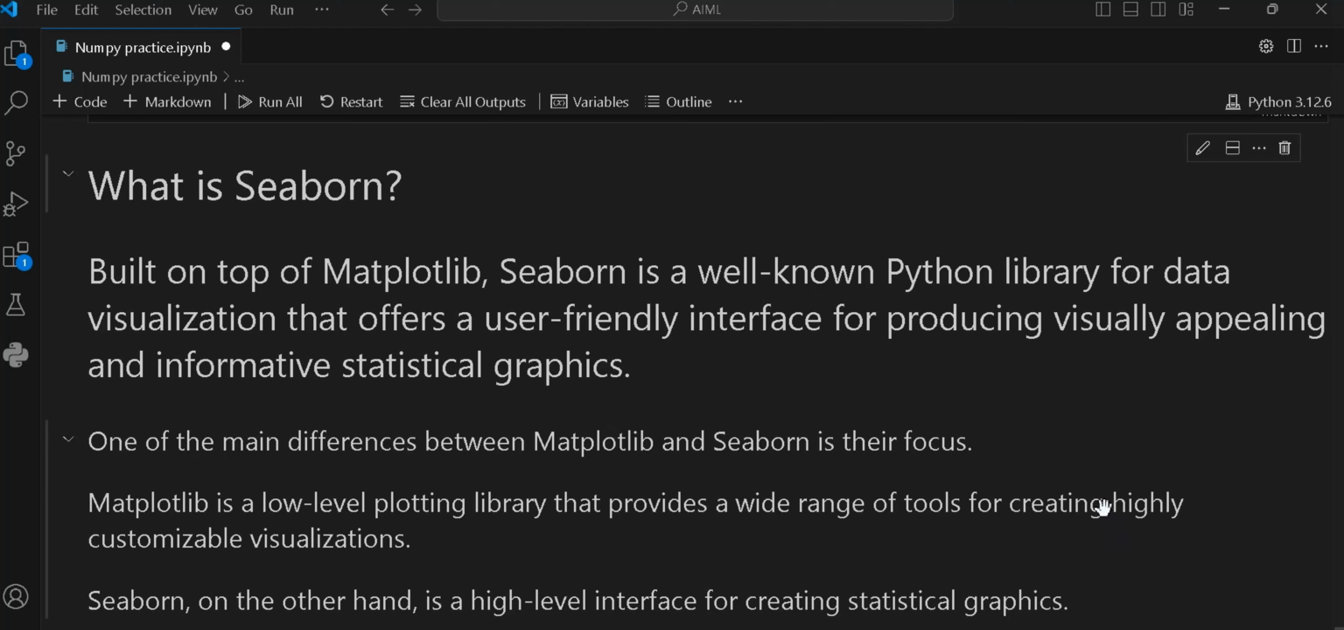Seaborn is a well-known Python library for data visualization that offers a user-friendly interface for producing visually appealing and informative statistical graphics. Basically, it is used like matplotlib, but there is a key difference between matplotlib and Seaborn, that